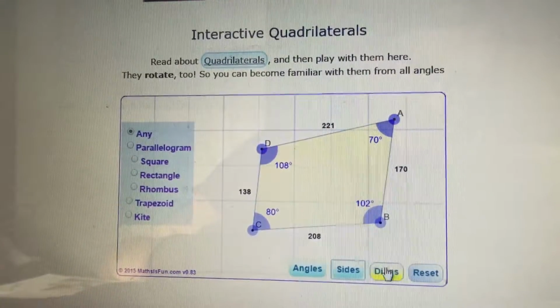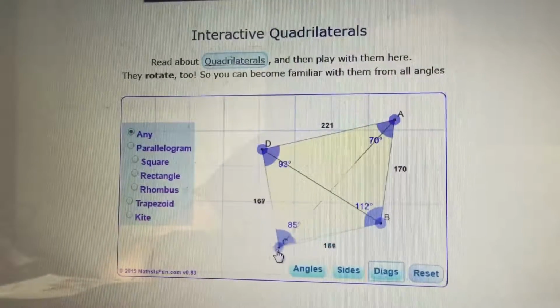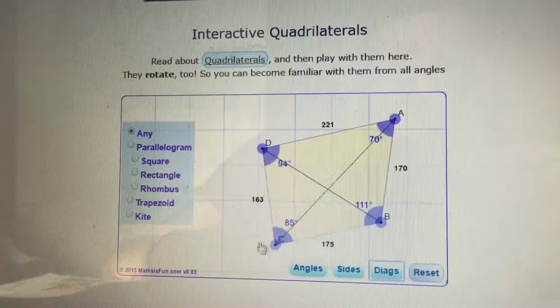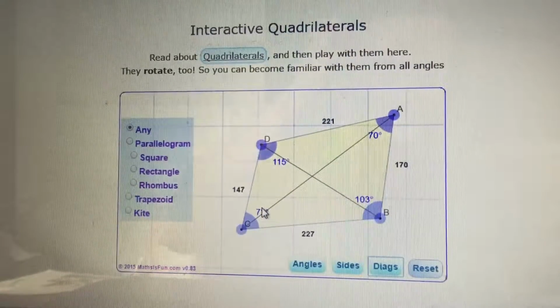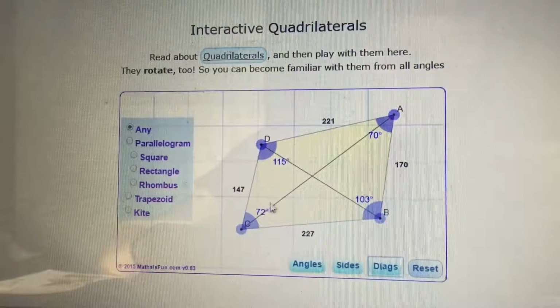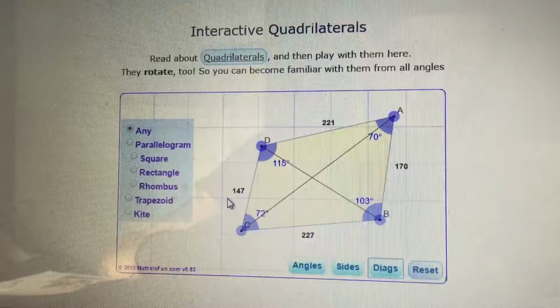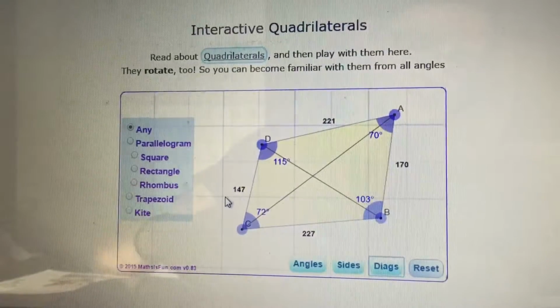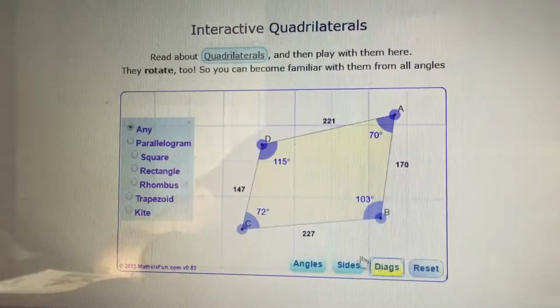You can also put diagonals in. So you can see whether they are perpendicular or kind of what they look like. You don't really see the lengths of the diagonals or the angles in between them, which I think would be a really cool thing for students to be able to have, so I do wish that this program would have that. So I'm going to take the diagonals off because they're kind of confusing, but we can look through the